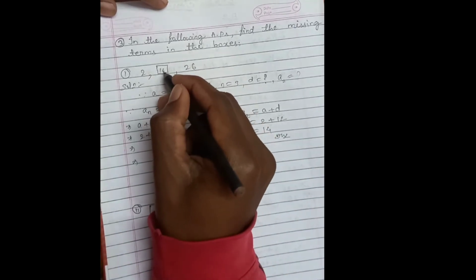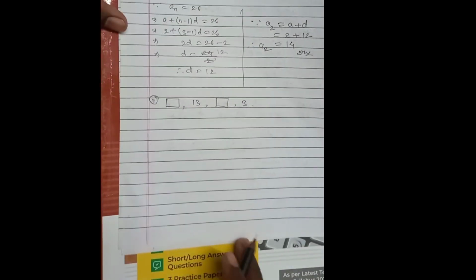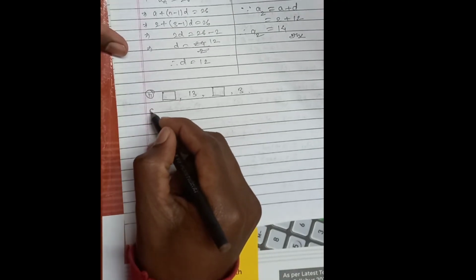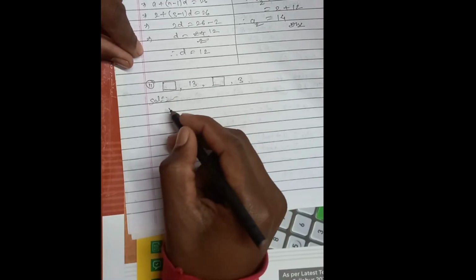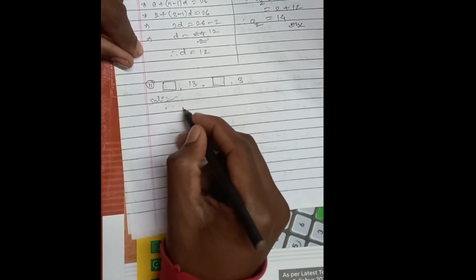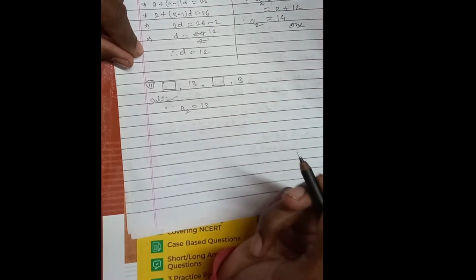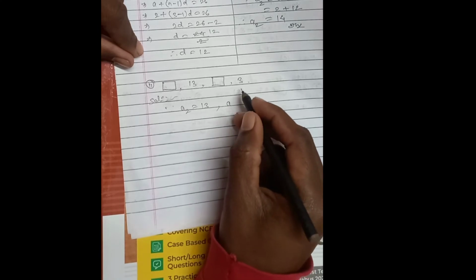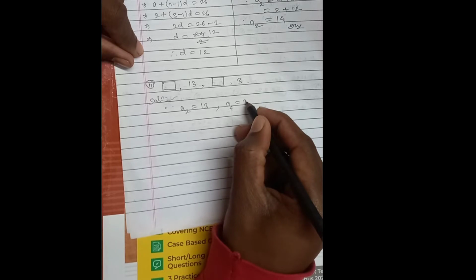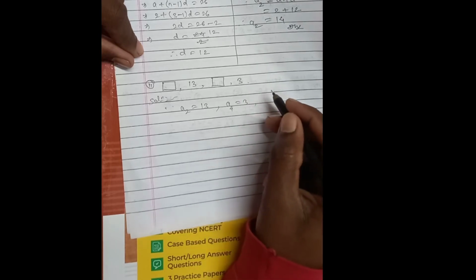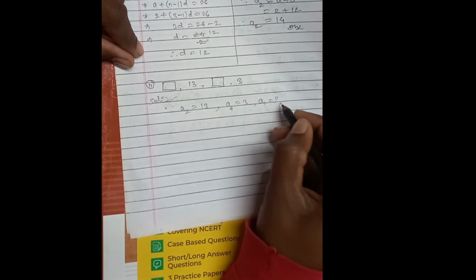So we can write here 14. So now we will move to our next question. Next question is that here our first term is absent but the second term is given, a2 is equal to 13, and our last term, that means there are only 4 terms, so a4 is 3, and here we have to find a, that means a1, and then